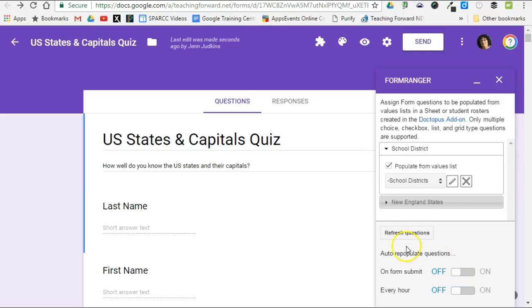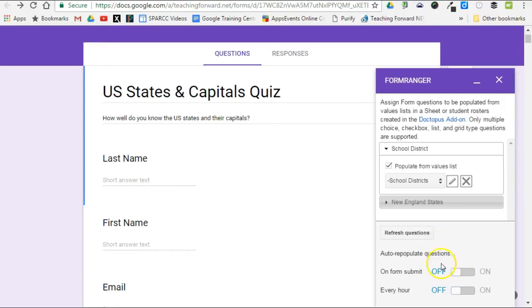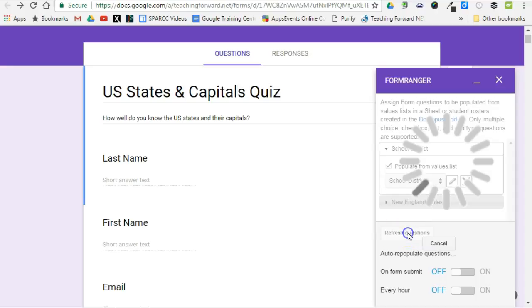The next options that are available to me are how I want to update those answer options. So every time someone submits a form, I can have it check back against my spreadsheet list, or what I typically use is the every hour update, which means that it will attempt to check my spreadsheet every hour for any changes that I've made. Another option is if it's not going to change that often, you can just automatically refresh the questions right within your Google Forms. So if I hit refresh questions,